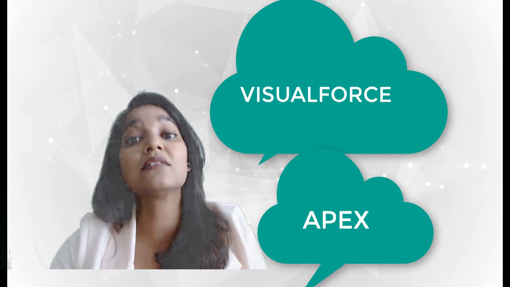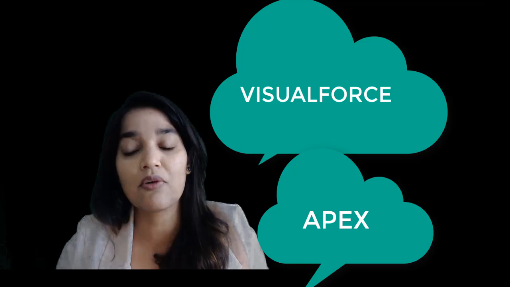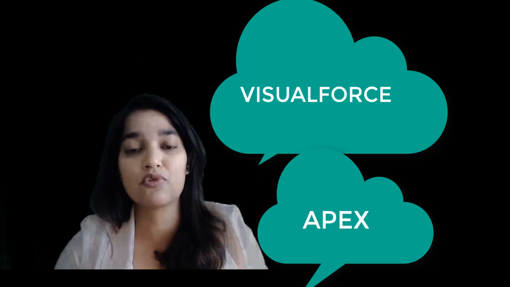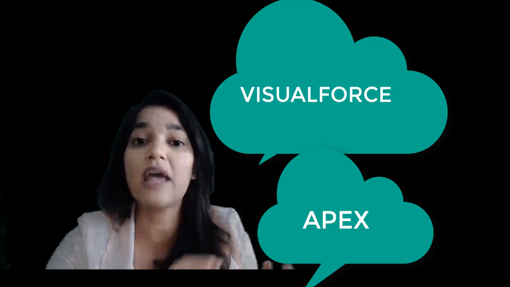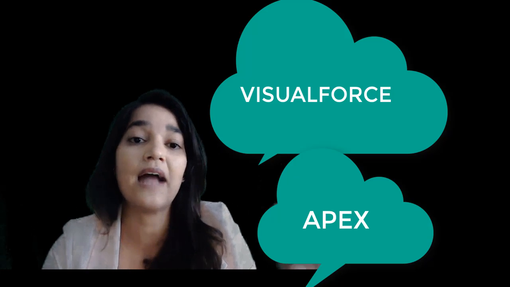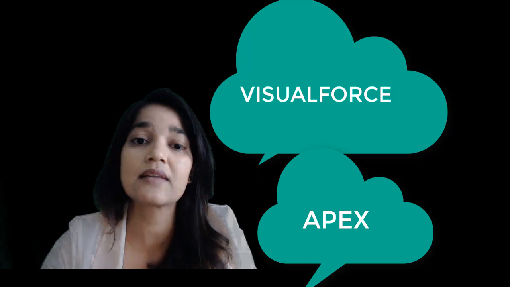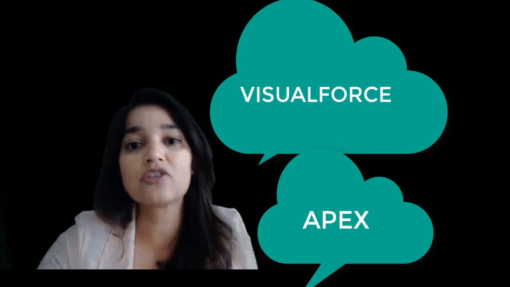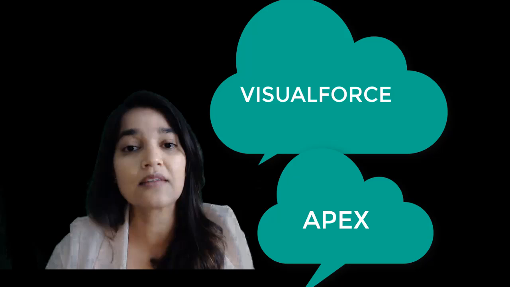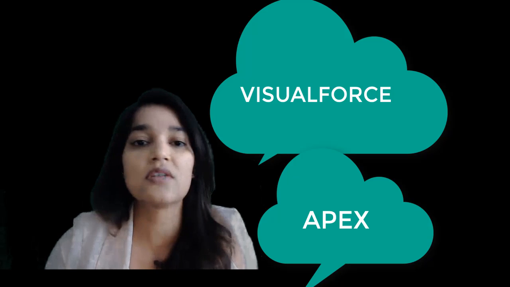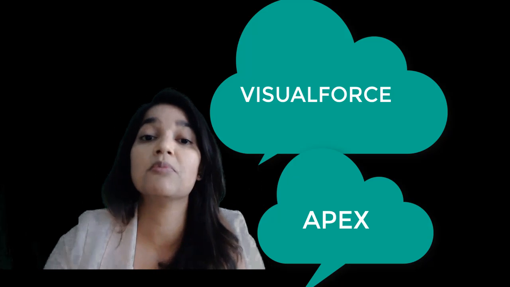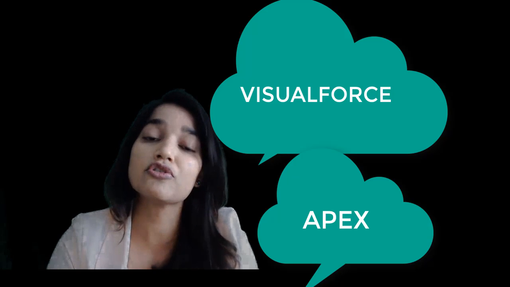So that's how things are done in real time. Whenever you do a project in Salesforce, you just don't do Apex classes. You do everything. You need to do some adding some fields, creating some objects. You need to build some Visualforce pages. You need to work on some Apex classes, and then most of the time there is an external system that you need to communicate with. So that's what we are going to do in this course. It's a small project which is going to give you a feel of working real time.